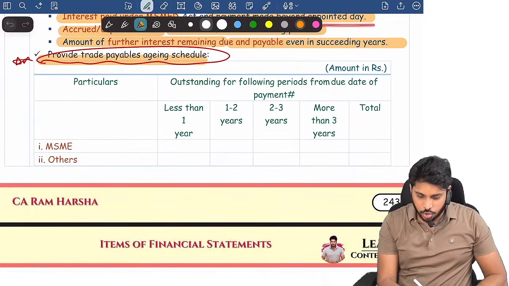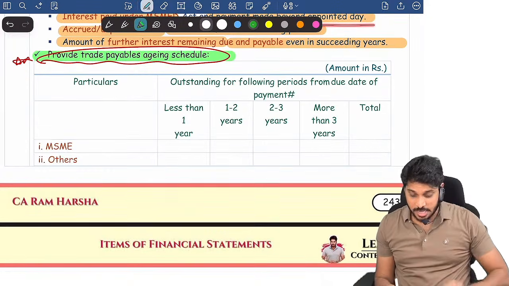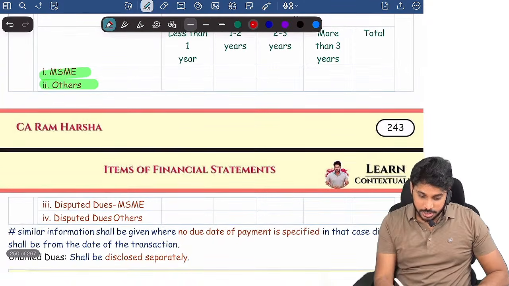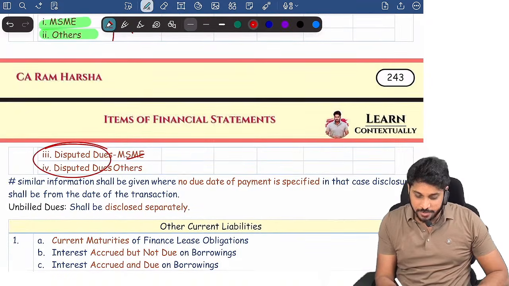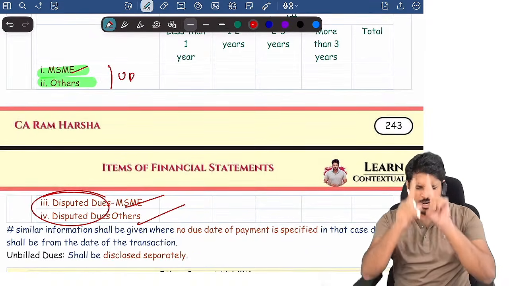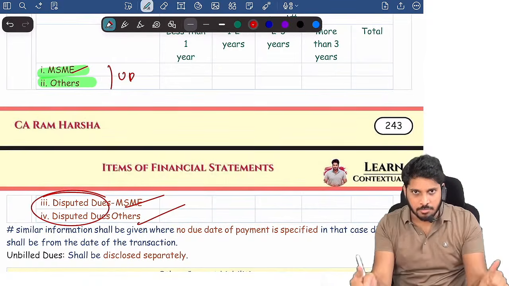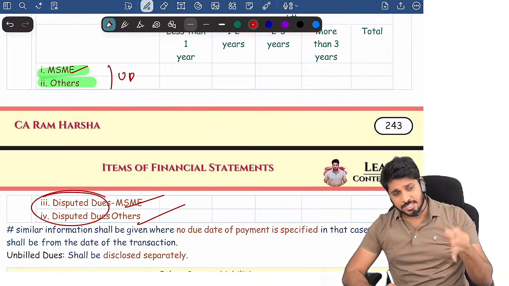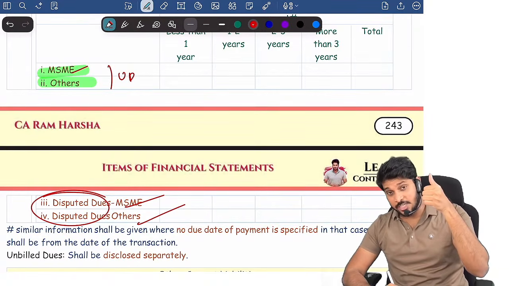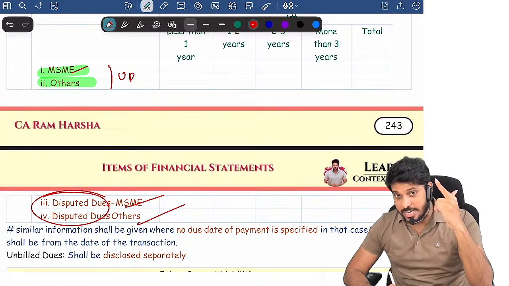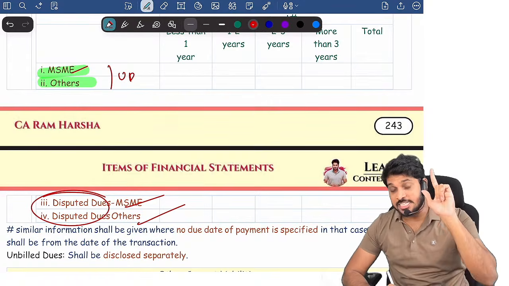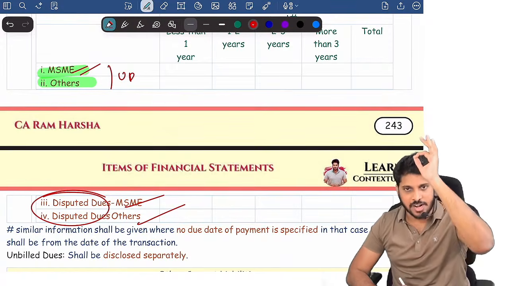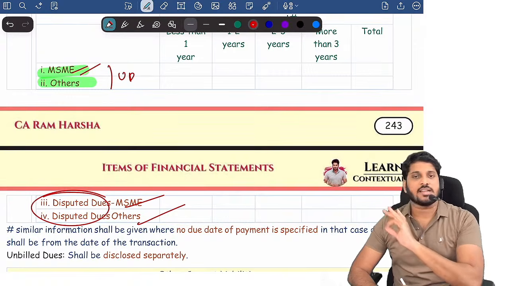Next, we need to show aging analysis, guys. How we need to show? We need to show MSME and others. Again, undisputed and disputed, we should show MSME and others. If MSME name comes, it's trade payable, guys, not trade receivable. In trade receivable, aging analysis is undisputed considered good, undisputed considered doubtful, disputed considered good, disputed considered doubtful. This is the classification of trade receivable, guys. But for trade payable, the MSME word will come. If the word MSME comes in aging analysis, that's nothing but